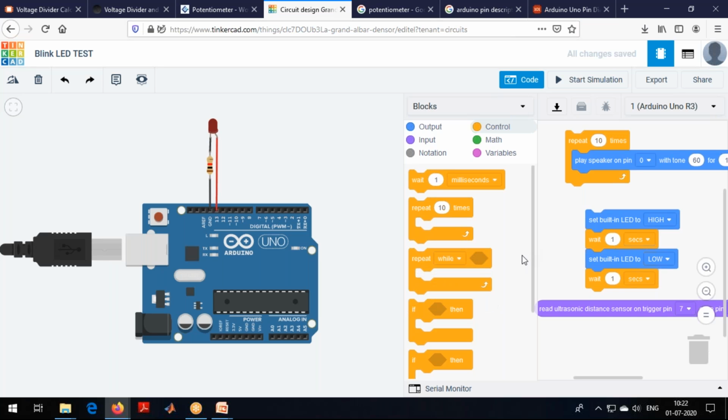For example, escalator is there in shopping mall. You want to keep on moving that escalator as long as someone is present on that particular escalator, right? So I'll say repeat while someone is there on the escalator, move the escalator upwards. Okay, like that I can use this. If conditions, for example, if the temperature is greater than 30 degrees centigrade, I want to switch on fan. Okay, then I can say like if temperature greater than 30 degrees, I'll write inside switch on fan, switch on AC.